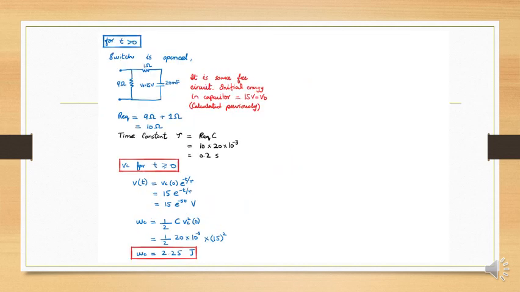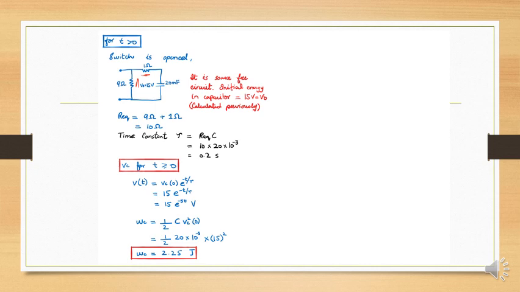Now we know what t equal to 0 is, and what t less than 0 is. Now what are we going to find out? t greater than 0. Now our main purpose: our capacitor is going to drain, is going to pass its energy to the resistors connected, and our source has been removed. As we open the switch, our source has been removed, and we just got these two resistors, 1 ohm and 9 ohm, connected with this capacitor.